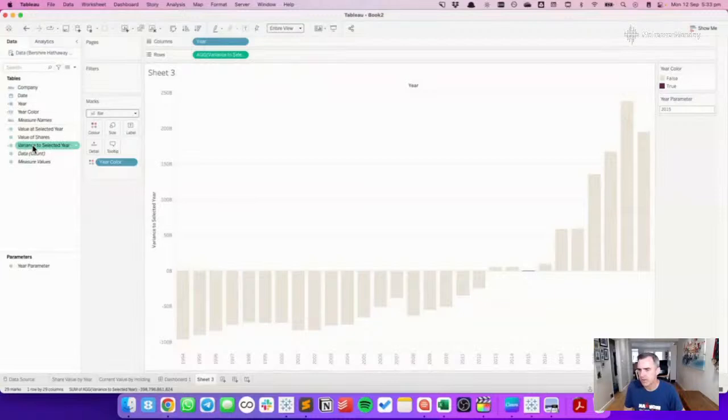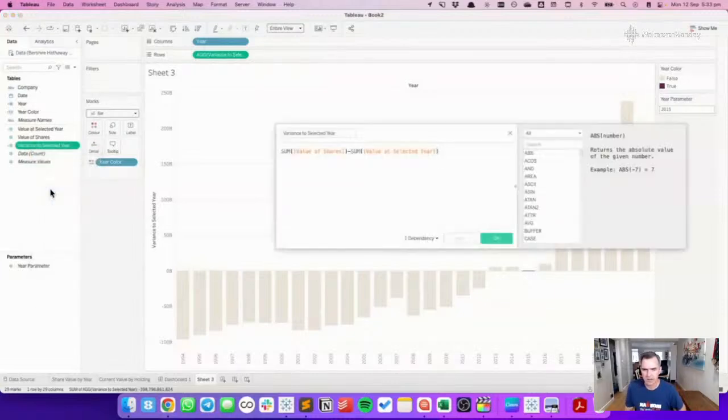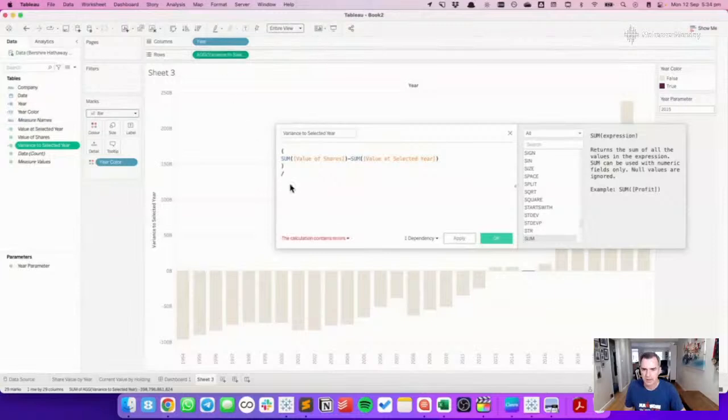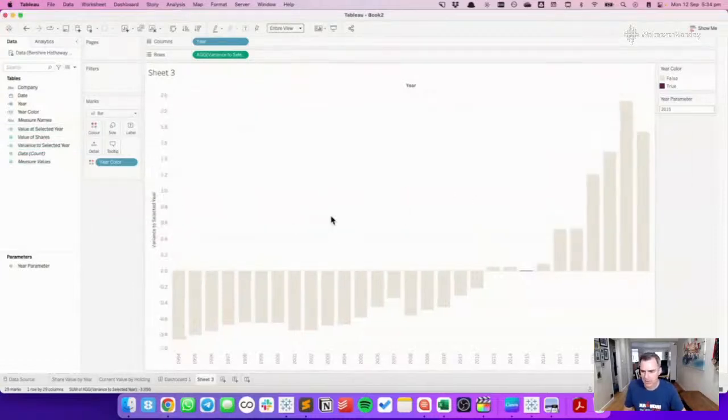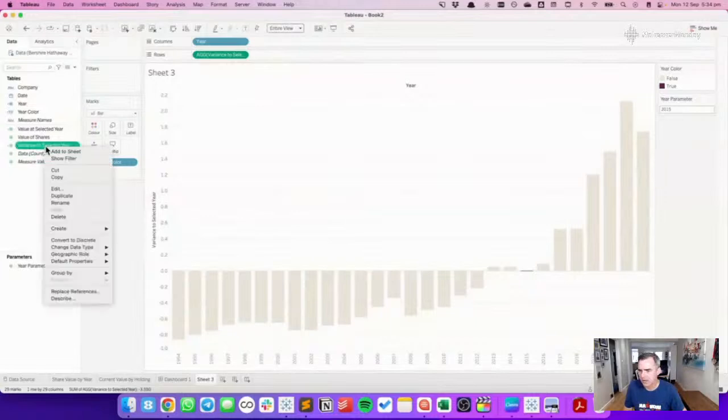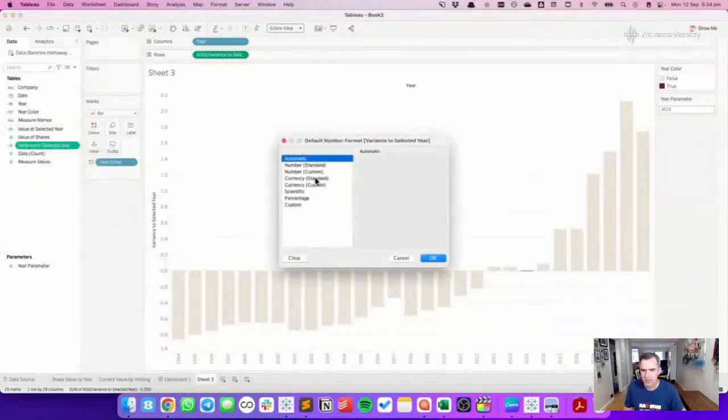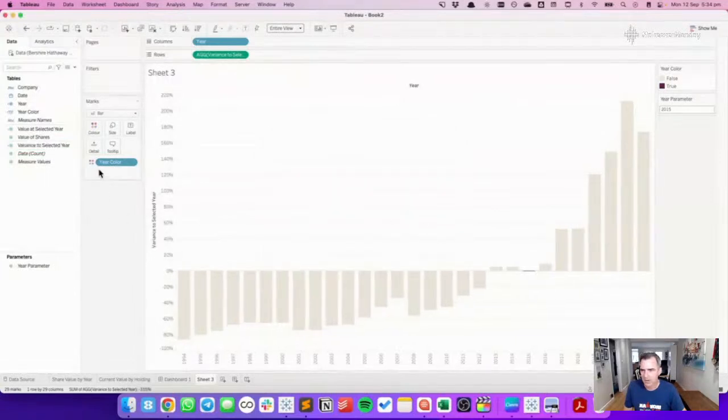So I'm going to edit this calculation, and I'm going to put all of this in parentheses, and then divide by my value at selected year. It's going to make it a percent change instead. So variance to selected year. My default number format is going to be percentage. Oh, okay. So now we see,